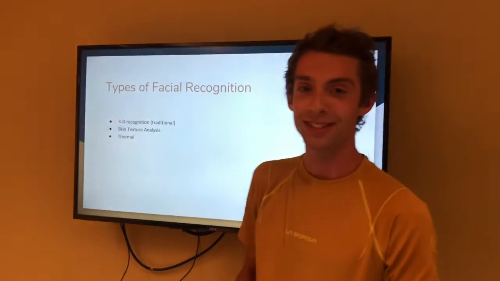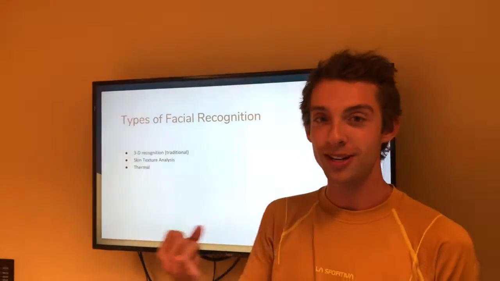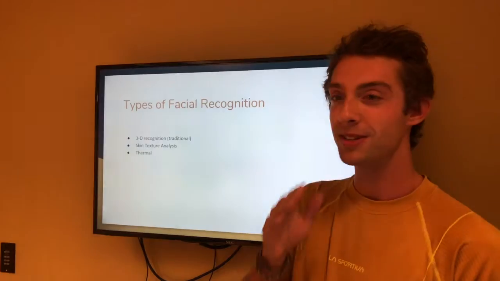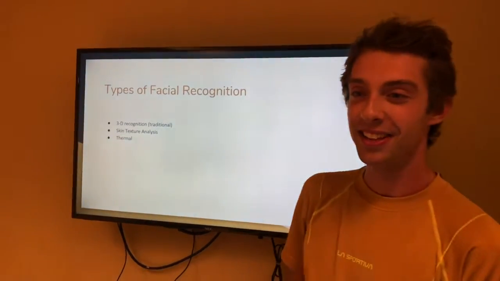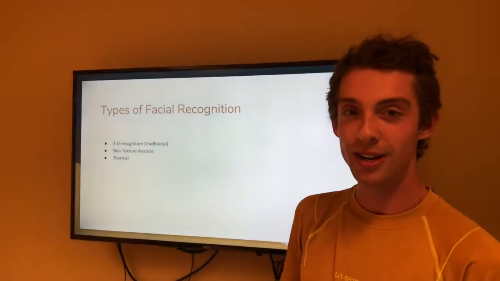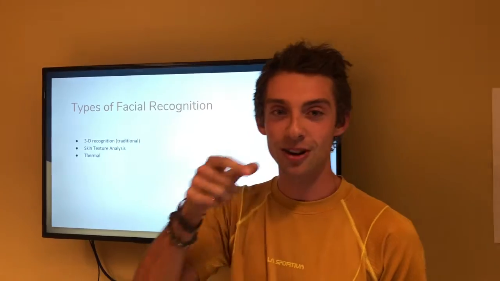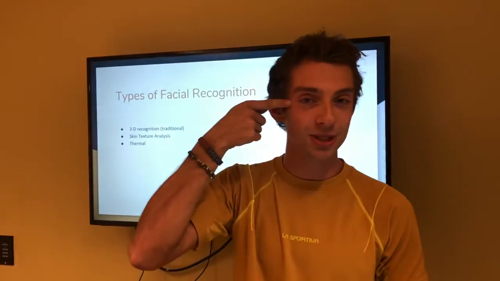And now I'm going to talk about the different types of facial recognition. There are lots of different types. 3D is the most common because our faces are 3D. You can see the whole shape of our face. And that's really cool because your phone can use layers of pictures to put together who's who. So say your nose is like an inch long, it'll put that in the database and it'll say, okay, this point of the picture is this far away from this point.